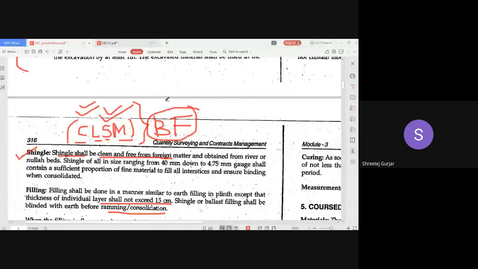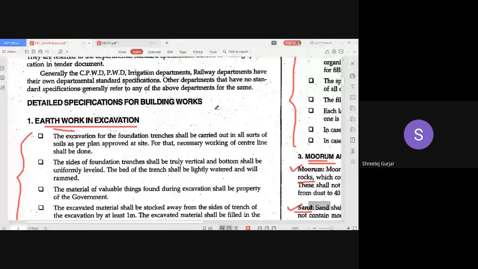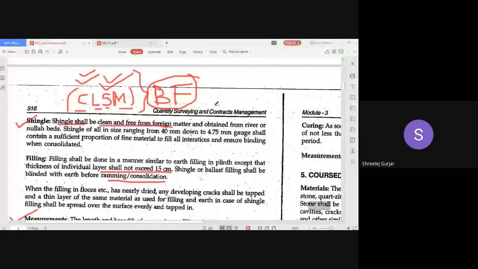It is very good compared to your earth wherever you are preparing embankments for road work. This material is also used for base course. It is very good quality material and it is very cheap, and the properties are very high. Instead of using earth, they are using this material.